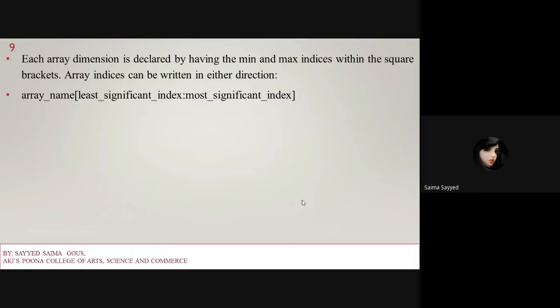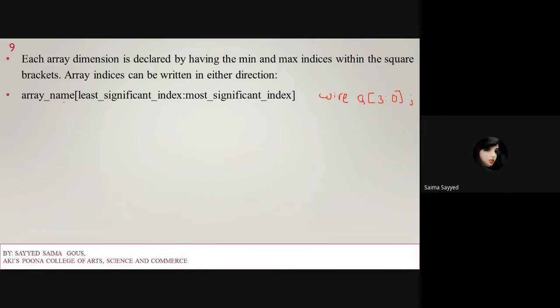Now how is a vector defined: the data type name, that is wire, and a, then the most significant bit 3 and then the least significant bit 0. So this is called a vector. Wire a is a vector of 4 bits, 0 to 3. But arrays can be defined in either direction.